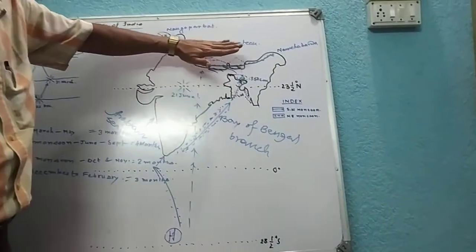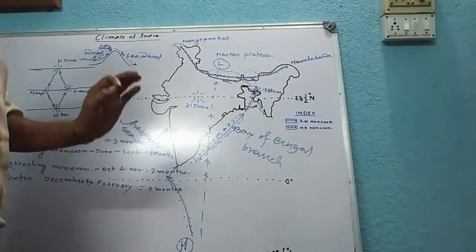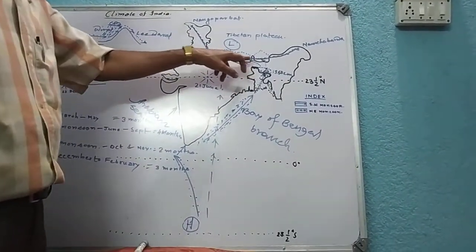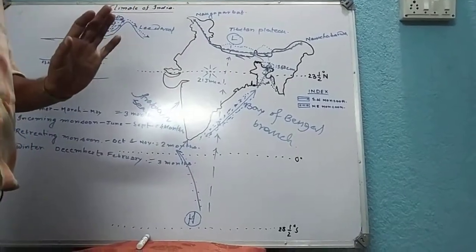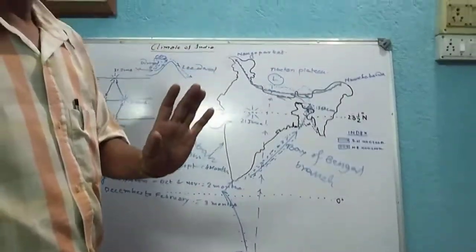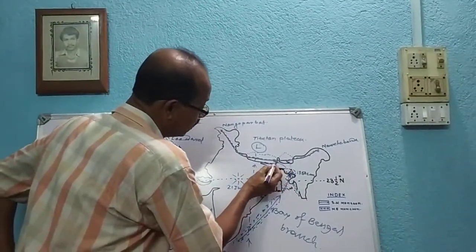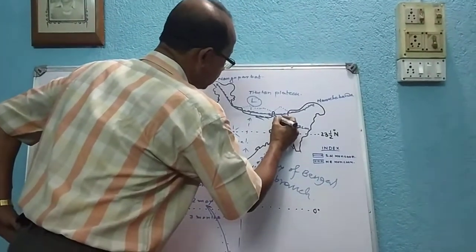When it tries to ascend along the southern slope, it causes rainfall, and not only that, it also causes the unequal distribution of rainfall. Just like this, in the eastern part of the Himalayan mountain range, it receives 400 centimeter